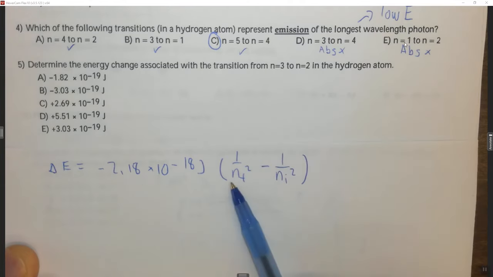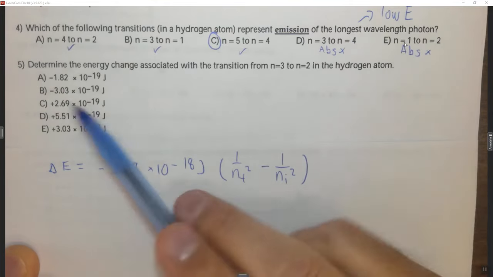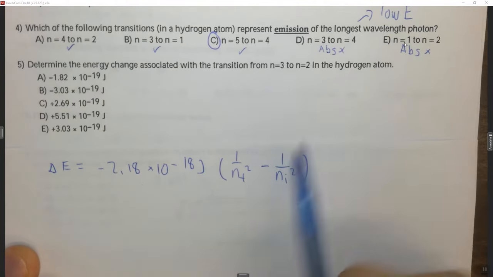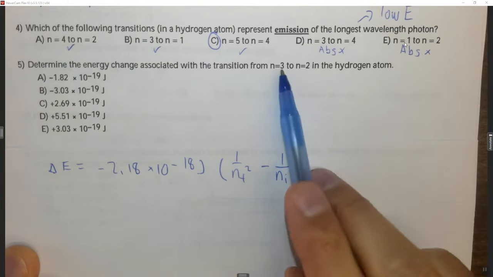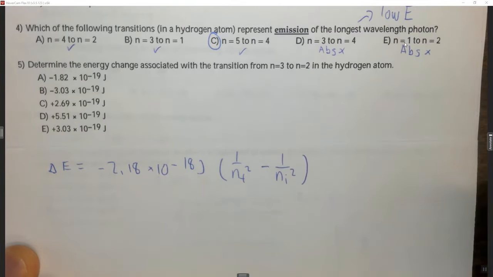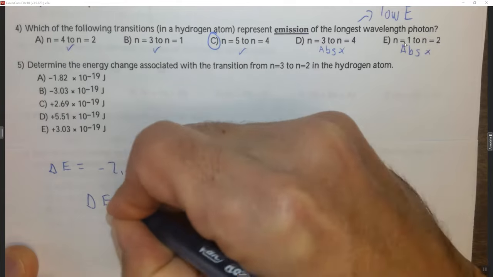Note that if you subtract these the other way, you'll get the same magnitude, but the opposite sign. Said another way, you'll get a positive value instead of a negative value. So if you do the math wrong, you need to think about what's actually going on. If something's falling from 3 to 2, the energy has to be negative, which is why we did that at the beginning. So here, delta E equals minus